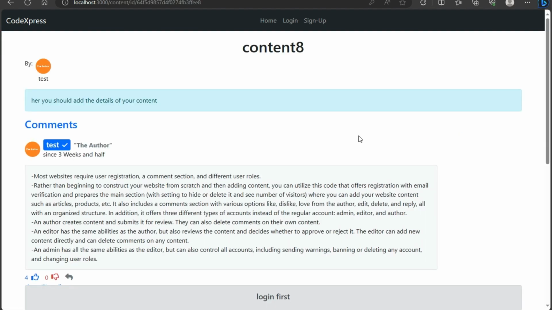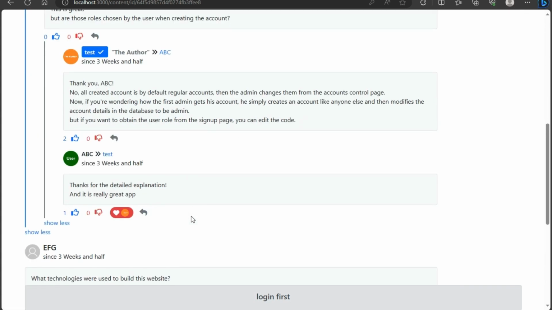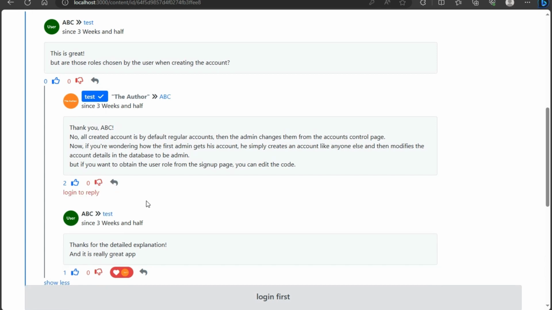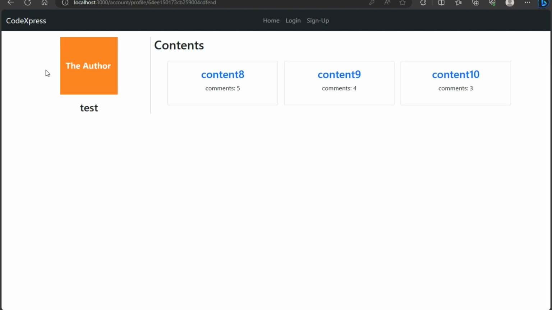This is a content page where you can see more details about the content. You can also see a comments section where users can write comments, react, and reply. However, you cannot do any of these actions until you log in. Before logging in, you can visit the author profile by clicking on his image. This will take you to their profile page where you can see their name and other contents that they have